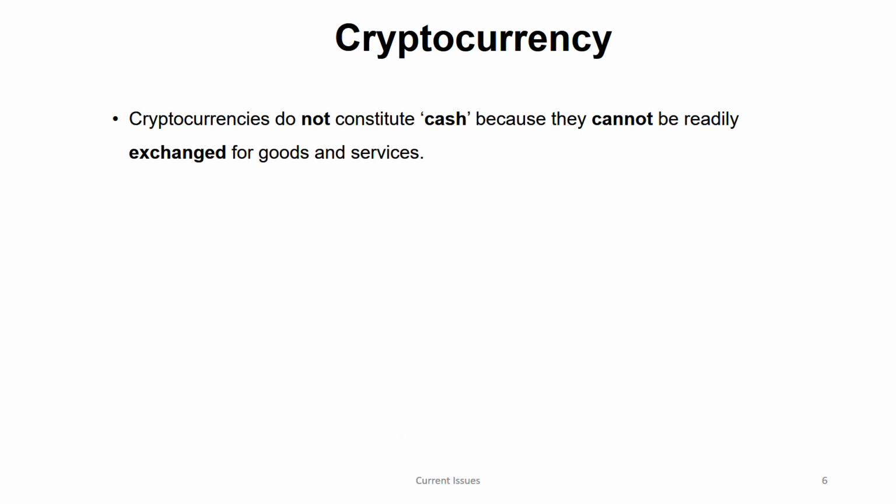Cryptocurrency. Can you take it as cash? Normally, when you have a currency, you take it as a part of cash, right? For example, if you're having Omani Riyal, you say it's cash. The 50 Riyal that I'm holding is cash. Or Indian rupees, or whatever the currency is, the US dollar, the UK pound, these are cash. But cryptocurrency does not come under cash.